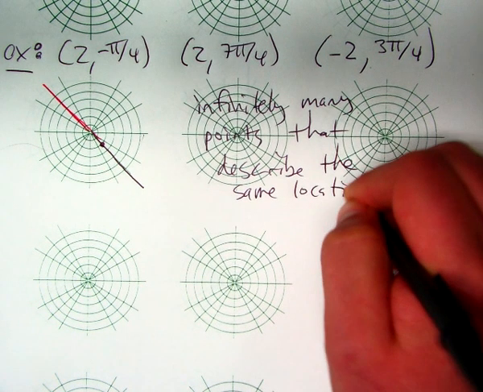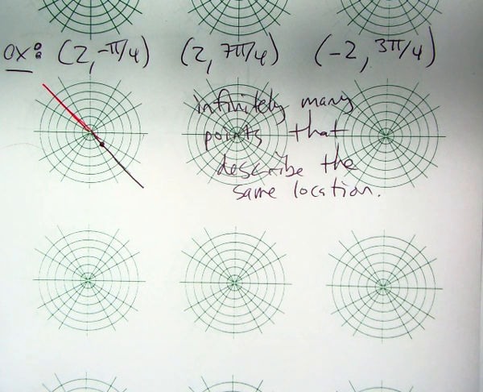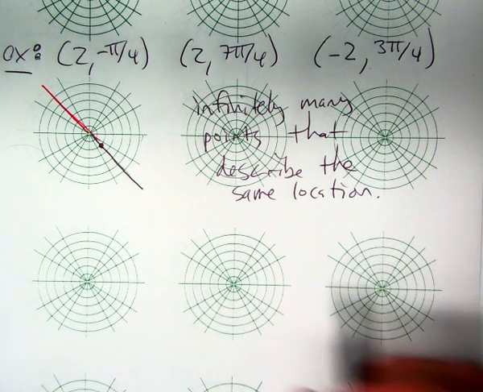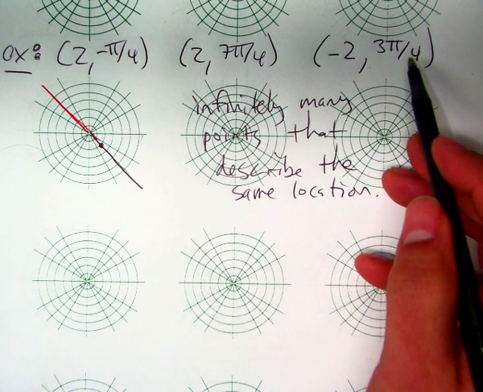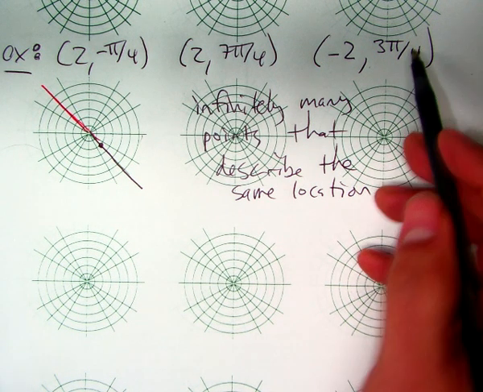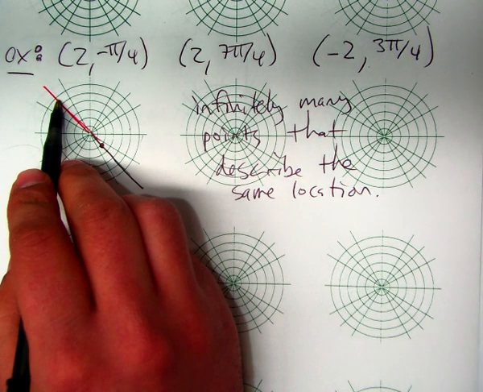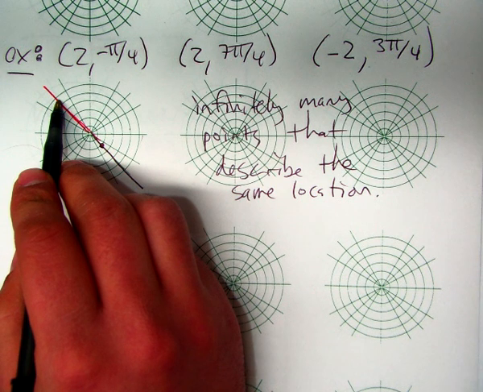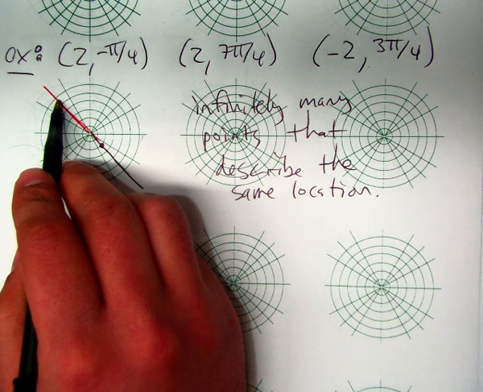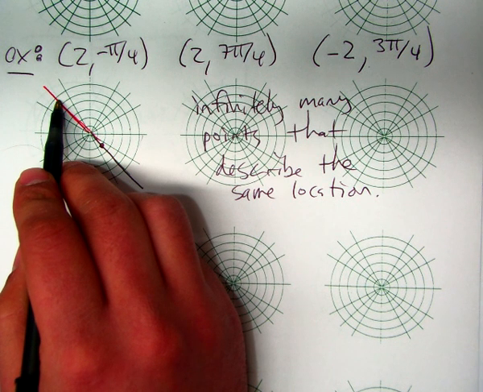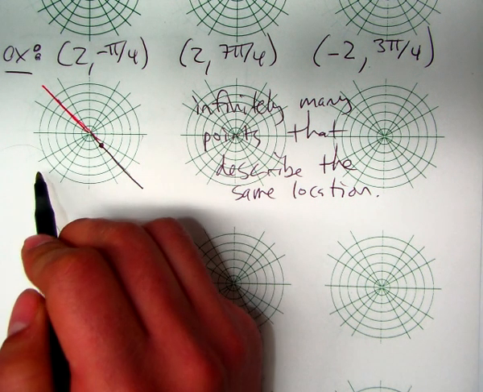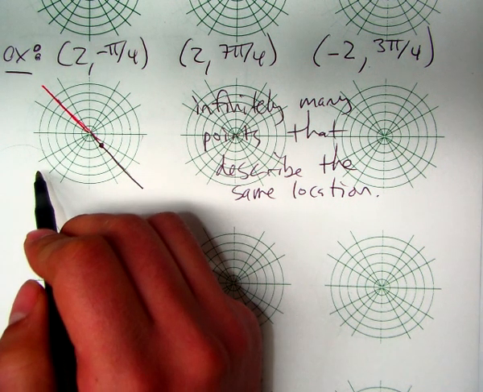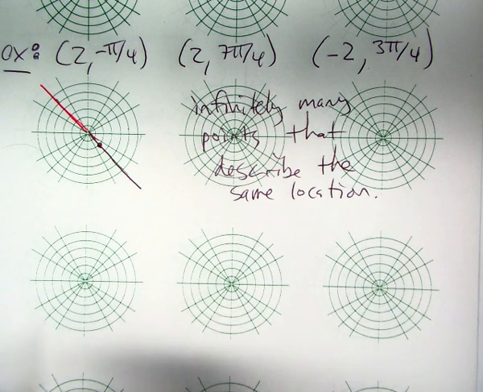Yes? I thought we had 3 pi over 4 to go counterclockwise. It's positive, though. Yeah, so we go 3 pi over 4. That's 3 pi over 4. Yes, it is. Where else would 3 pi over 4 be? My bad. Were you going the other way on accident? No, I thought it was something else. Oh, okay. Wait, I have a question. Yes. Okay, so